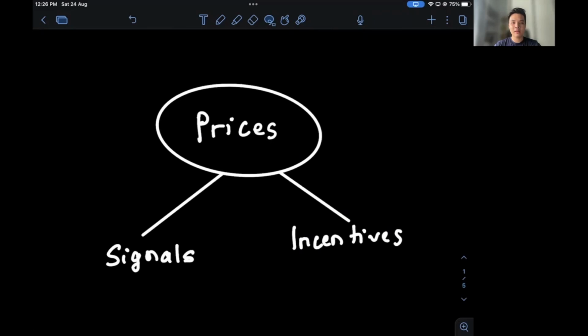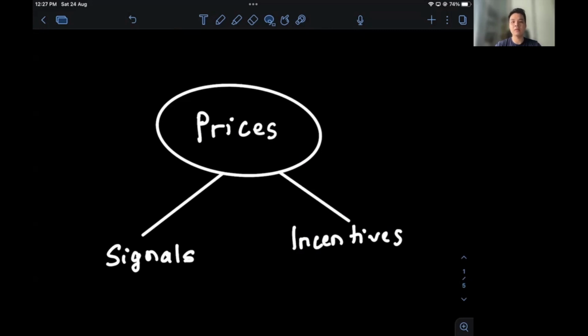Hey friends, price mechanism refers to how demand and supply determine prices in a free market. So as we see in this mind map, there are two key functions of prices. Prices either function as signals or incentives, or they can actually also function as both. As signals, prices inform decision makers about changes, and as incentives, prices motivate decision makers to act in response to